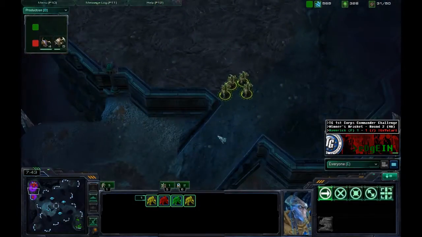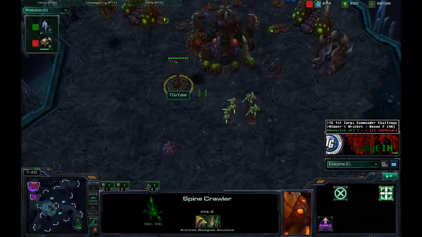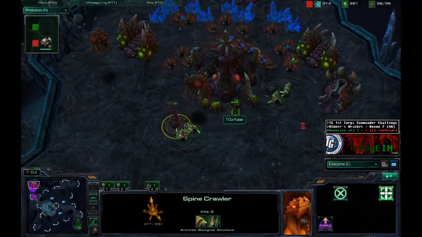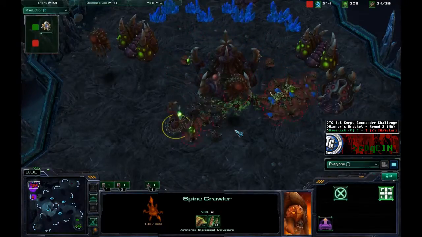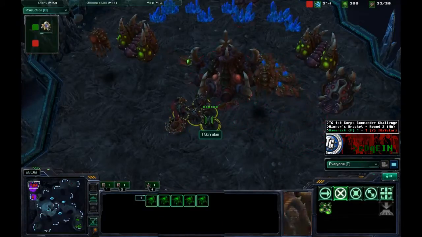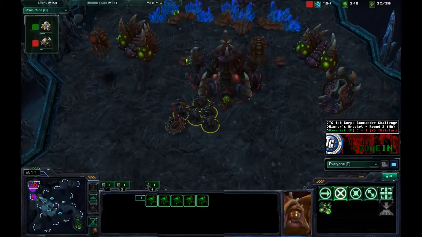But they're just going to hang out for a second. Let that spine crawler finish. And they're getting attacked now. This roach trying to defend, but these... Oh, here come the probes. Sorry, the drones are going to surround the zealots, and it looks like they are all going to die. A couple more roaches spawning at the same time for Yutari,